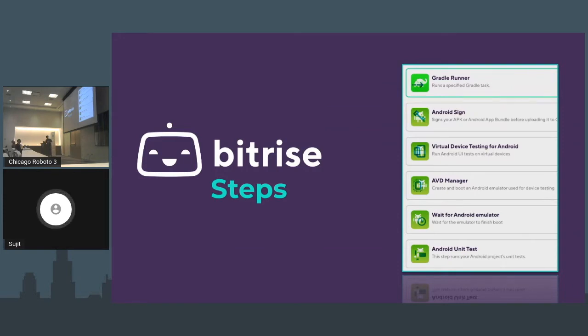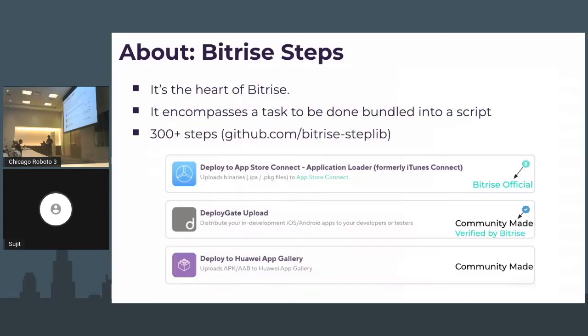I have talked a bunch about different steps, and I haven't really told you exactly what those are. And the Bitrise step is basically the heart of Bitrise. You could think of it as a certain automated task that it does for you. We have more than 300 steps in our step lib Bitrise GitHub repo, and there are a bunch of different kinds of steps. If it has a blue badge with a B, it is Bitrise official that we made,